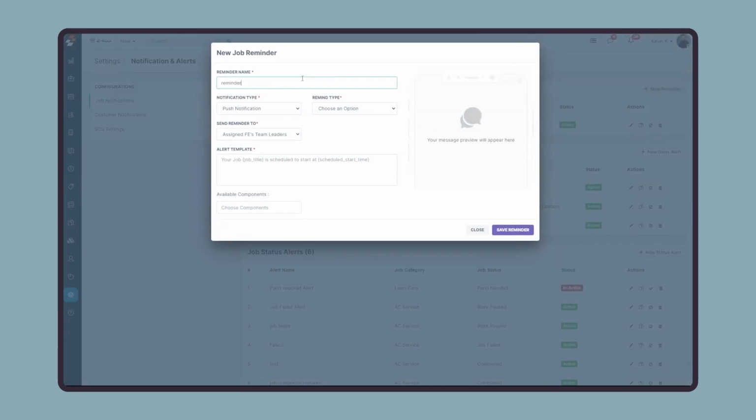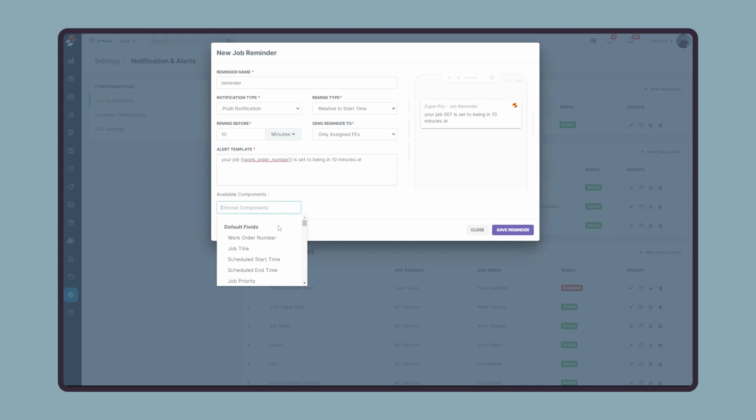Provide a name, select the type of reminder, push notification, SMS, or email, and choose the reminder's trigger: scheduled start time, relative to start time, end time, or due date. You can set fixed times, time periods before or after specific events or relative to due date. Additionally, you can specify which users receive the reminder, such as all employees, assigned team leaders, assigned field executives, or selected users or teams. Define the message, including components like the job's work order number or start time, and save